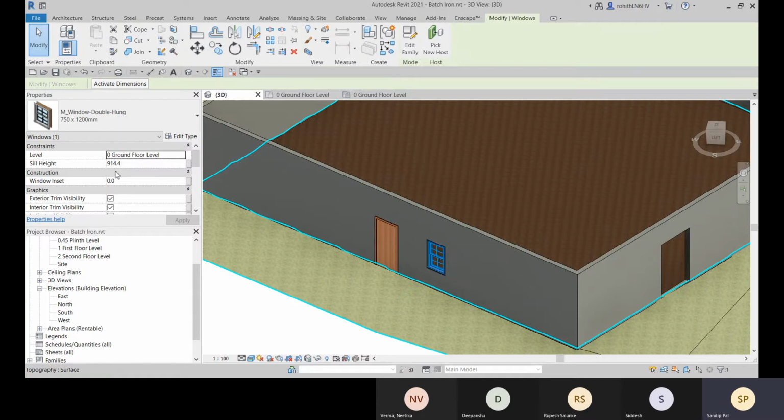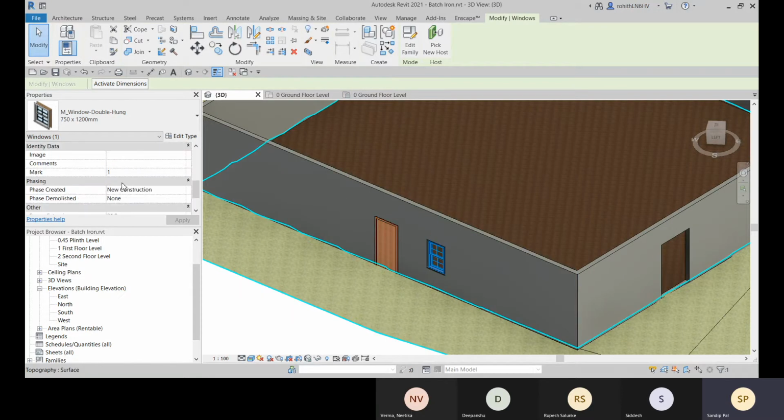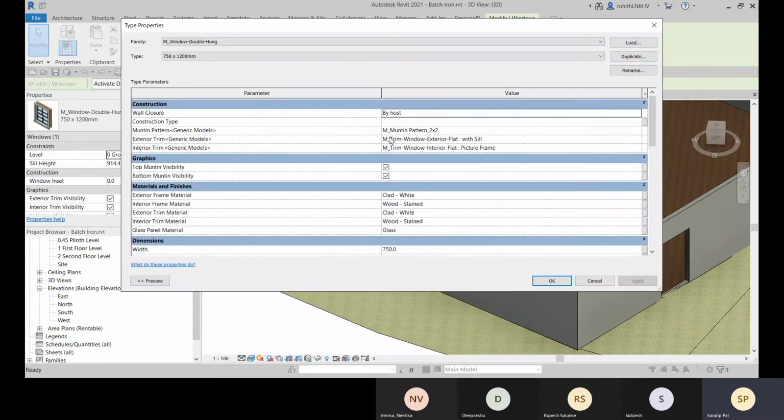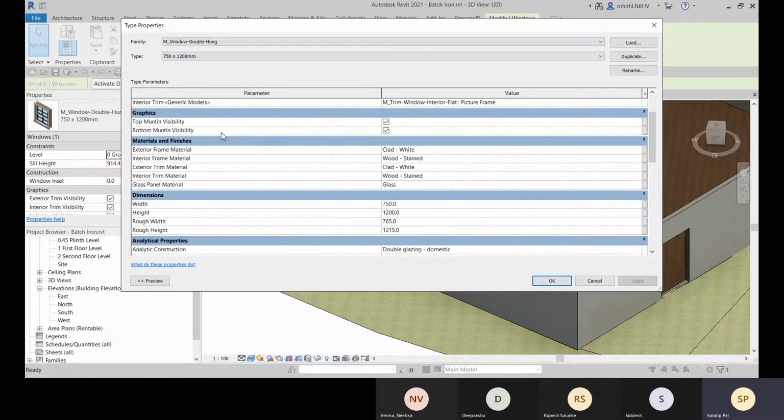This is the sill height. If you need to change the sill height, you can change it from this. The sill height is the instance property of this window. We have these options. You can go to the edit type, and there you can make adjustments for these parameters.